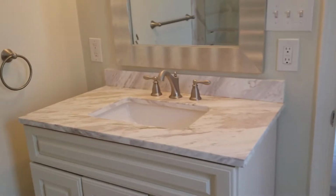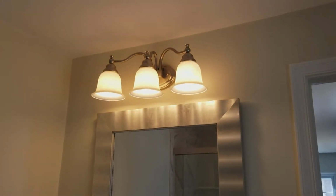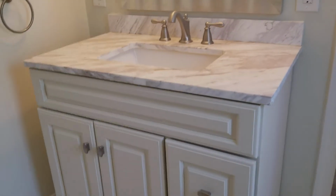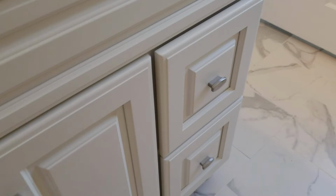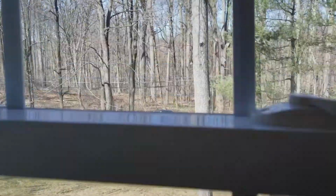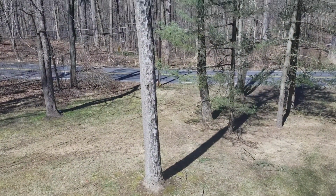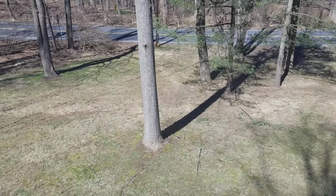And there is the really pretty mirror and top. The only thing I could see lacking here is that they only put 1 sink in the master bedroom. But, you know, that's something that you'll either live with or not. Now, here again is your front yard and the street it faces. And you can see how far away we are from that